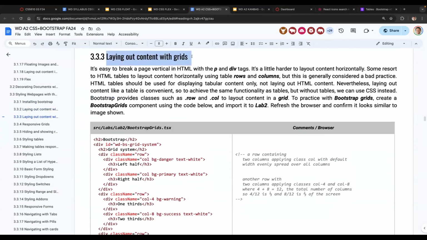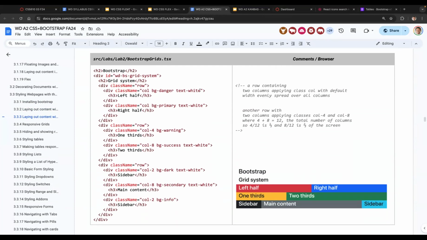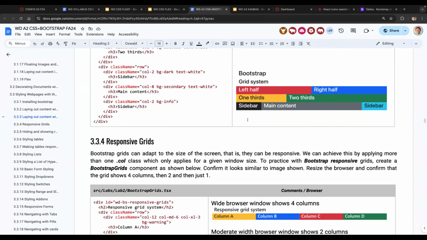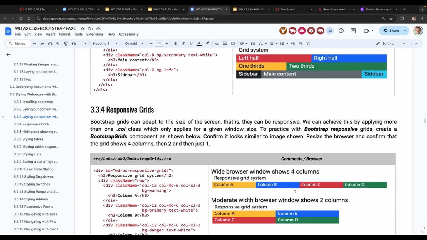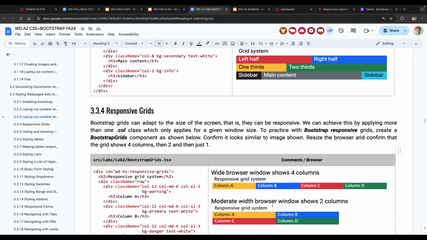So another big feature in Bootstrap is the grid system. The grid system is what's going to allow us to configure a grid, rows and columns, and then decide how we want it to display, how we want it to re-lay out, based on the screen size. For instance, it's very common that if you are viewing some content on a very wide screen, then typically you might want to use maybe 6 columns, or maybe 4 columns. But as the screen becomes narrower and narrower,